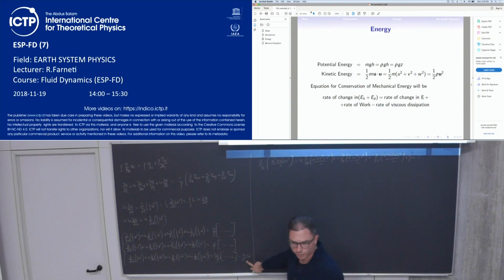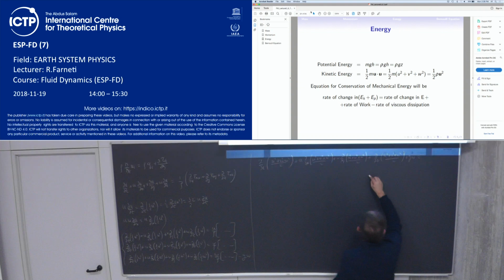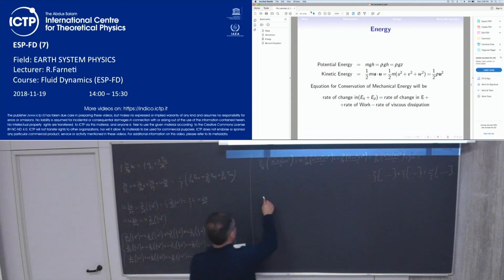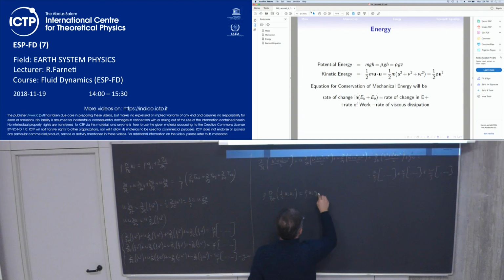Plus the GW. That is going to be equal to U overall of all the stress terms plus V overall of all the stress terms plus W overall of all the stress terms. Now you can write this more succinctly as UI overall UI GI, which is the body force, plus UI